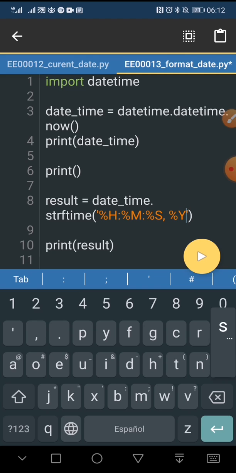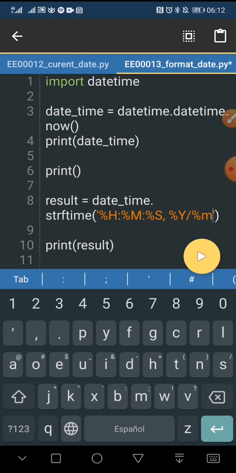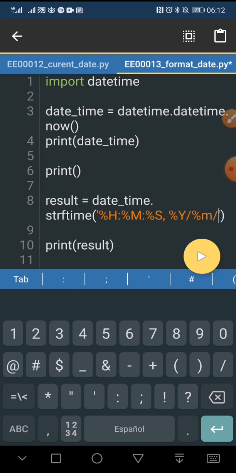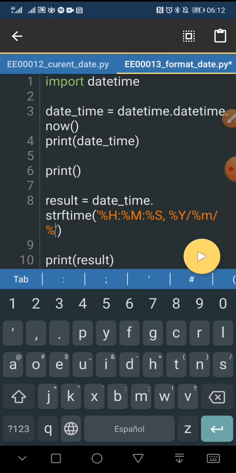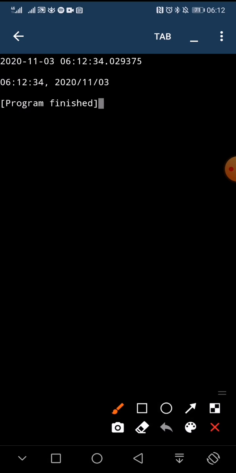The separator will be forward slash next, percent, month, and finally the date, percent, the date. Okay, I will execute again this code, and this is the result we have obtained from that format